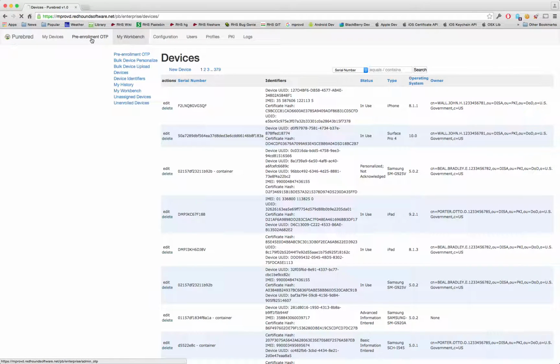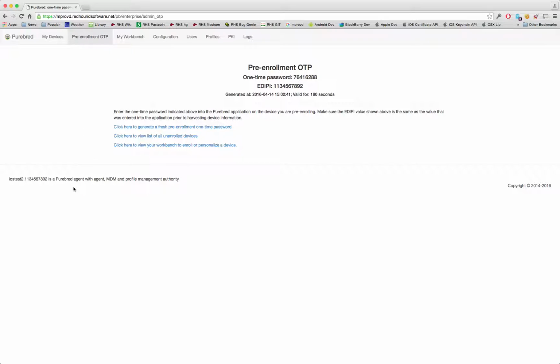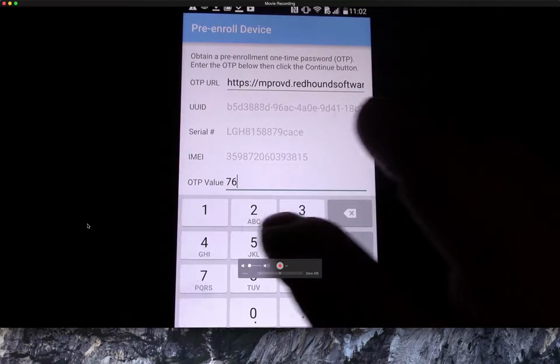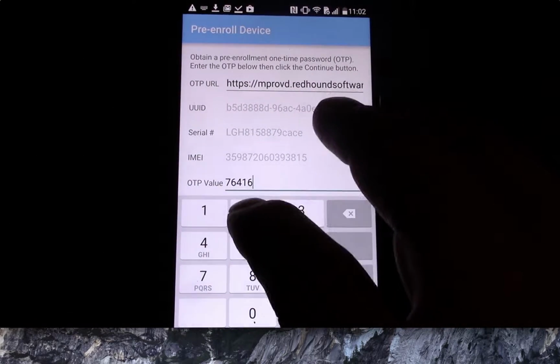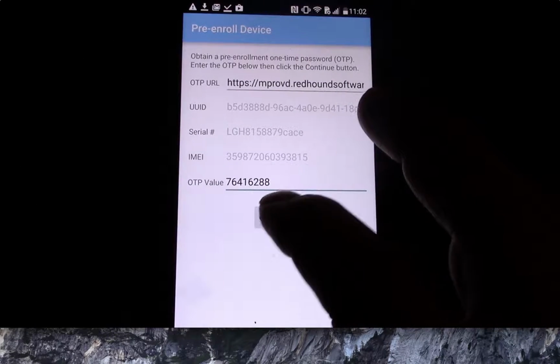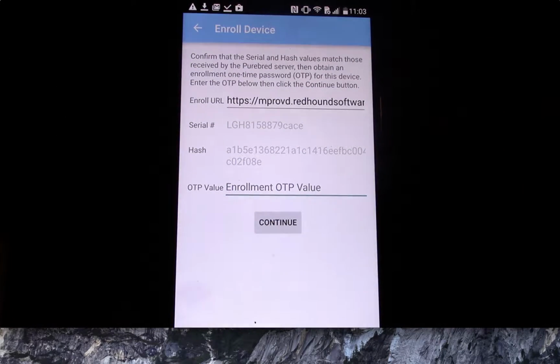So next I'm going to click on the pre-enrollment one-time password link at the top, get a new pre-enrollment one-time password that I'll type into the device. This is 7641-6288. So when I click continue, that's going to present that one-time password along with some device information, including the